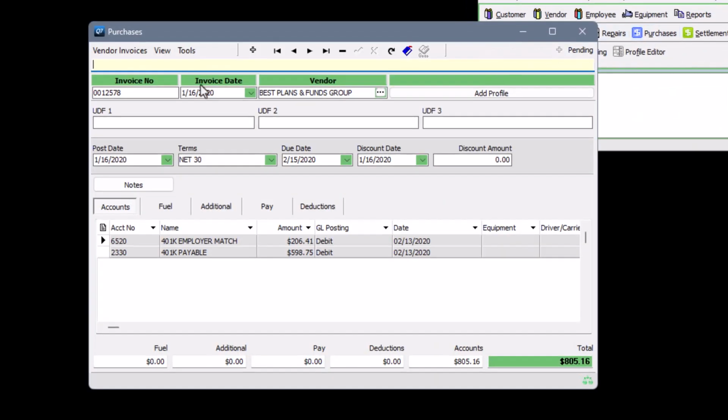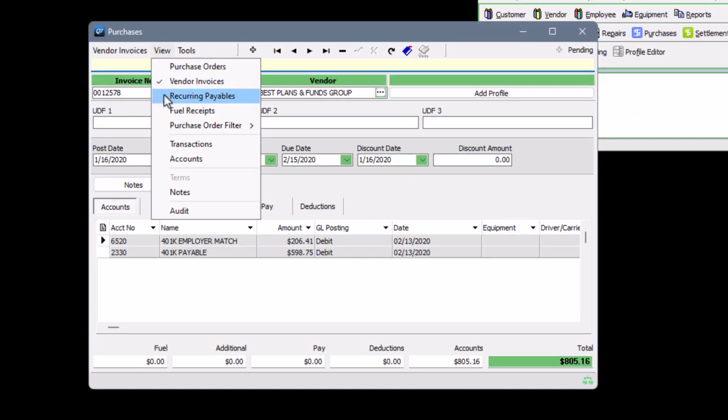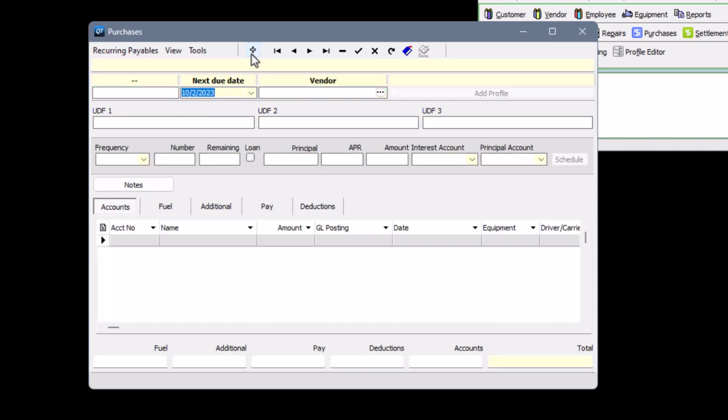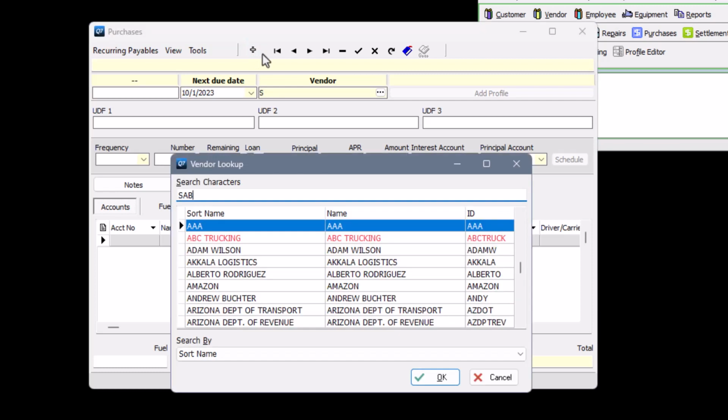Set up a template for your regular operating expenses or loans using the Recurring Payables mode in Purchases. For a regular operating expense, just select the next time it's due to get it started and who it's payable